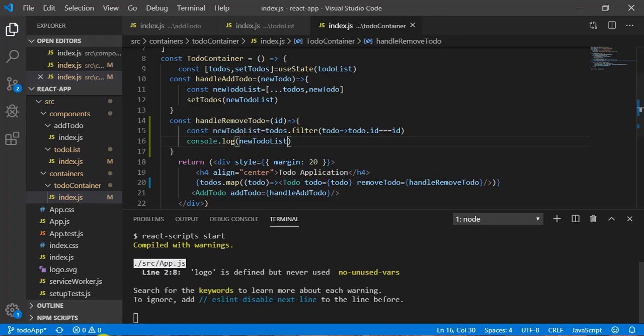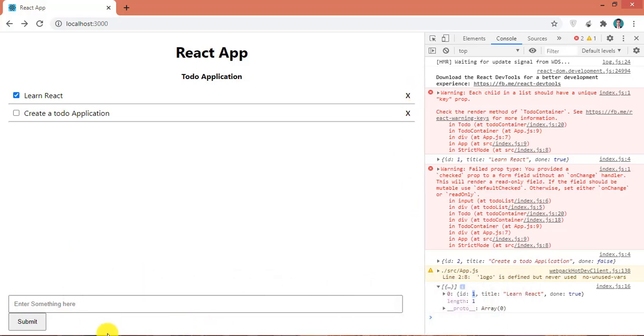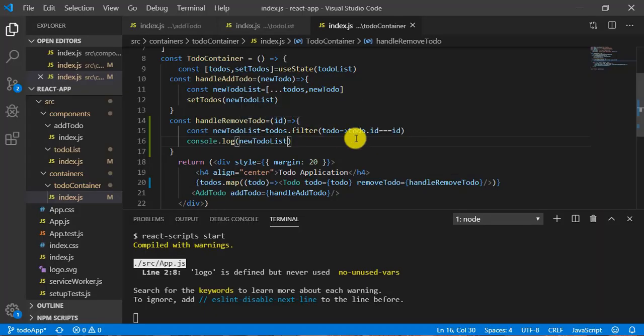Let's save it and have a look here. On click of this, you can see I have this array. I am getting this 1, meaning the ID was 1, so I got that one only. But I want to remove this one and get the others, so I can write here not. Now save it and have a look.